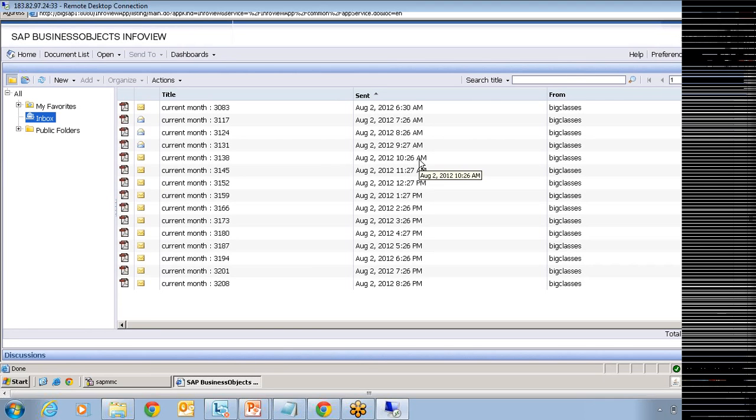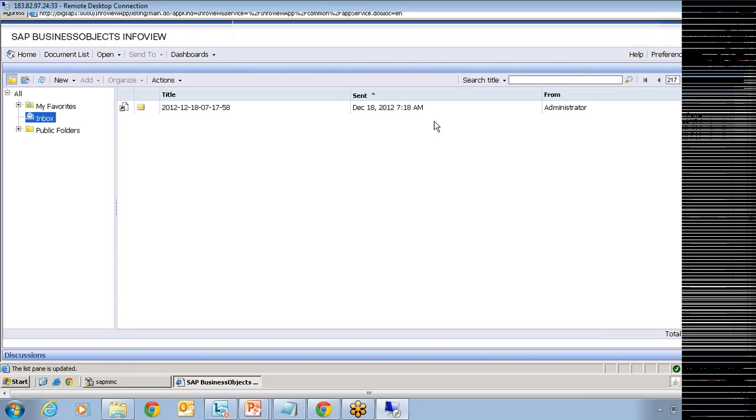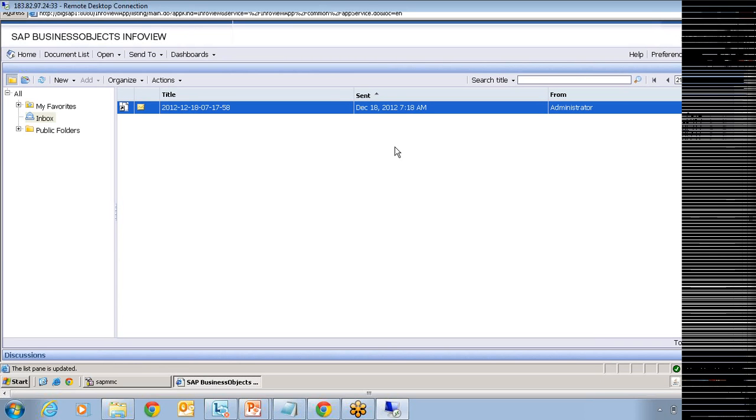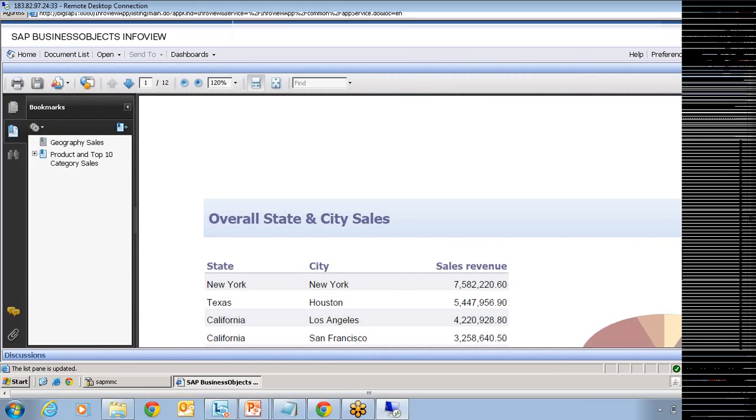The current message. Let me refresh once again. This is the current message with today's date. So here I got a new message, and if you want to see the output, double click on this. It's going to open the PDF file.